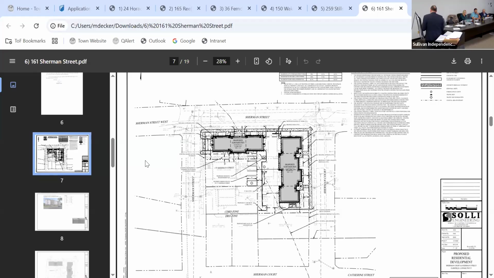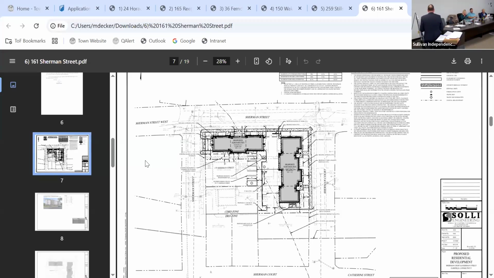So in effect, when we're looking at this project, we try to figure out what's the best way to make this work. We wanted to have conforming parking. We wanted to have attractive townhomes that would give rise to the neighborhood. We've talked with all the neighbors in the area and have come up with a very unique design where we'll have 7 units, 3 on Sherman, 4 on Sherman Court, each with their own 2-car parking garages, so it takes parking demand off the street. Also 4 visitor parking on the street, and we end up with a project that has conforming parking.